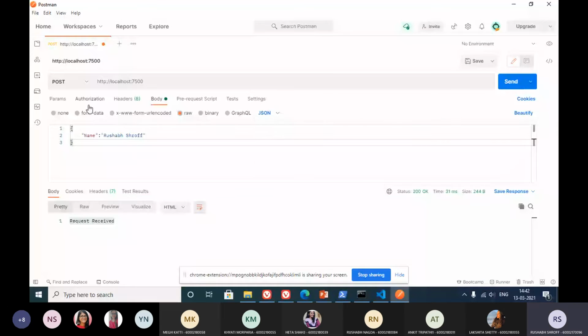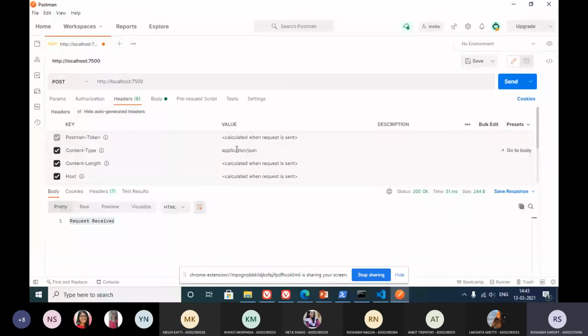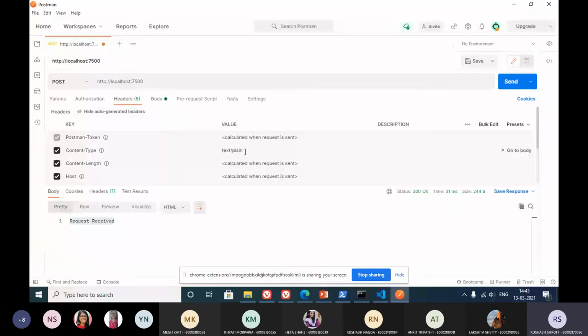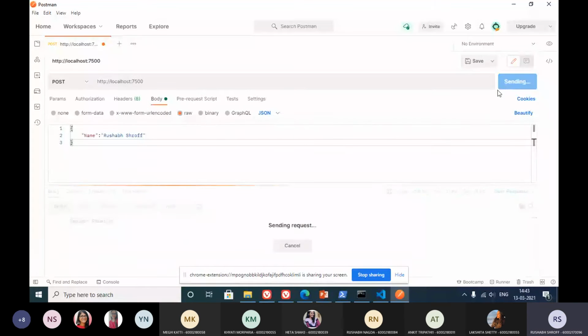The headers that are sent onto your server would be of type text instead of type JSON. Whenever you send headers like this, see, content type right now is application/json. If I change it over here inside the body and change it to text, the header type is going to be text/plain, which our body parser won't be accepting, won't be reading, because it is not something we specified. So now we've changed to JSON and then we send a request.